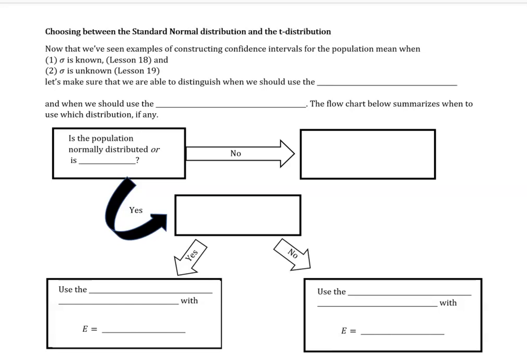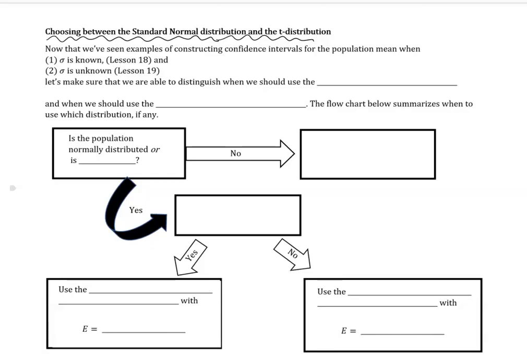So I touched on this earlier, but I want to make sure that we have a very clear understanding of when we use the standard normal distribution and when we use the t-distribution. So we're going to take a little bit of time to talk about how we know which one to choose between those two. Because if we don't choose the right distribution, then we're not going to get the right confidence